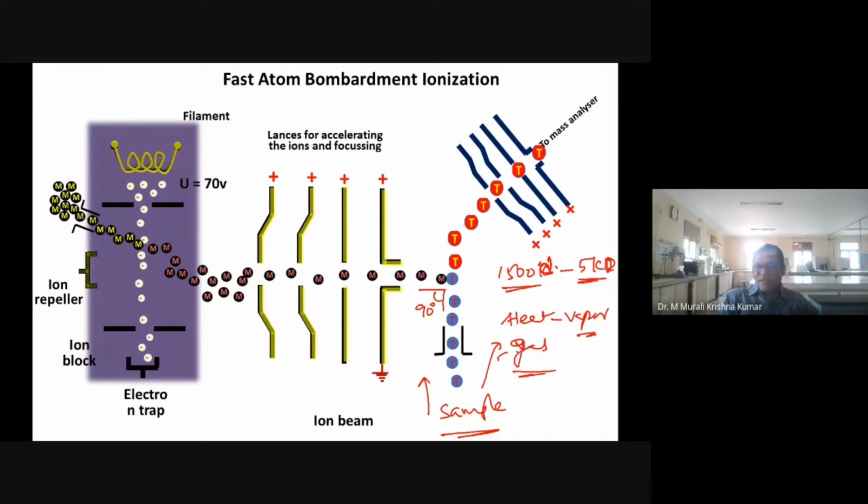Smaller peptides can also be analyzed. And in the disadvantages, the problem here is that because we are using a reagent gas, sodium ions come in. So instead of M plus, we quite often get M plus Na plus. This type of ion will also come in fast atom bombardment ionization. Right now FAB mass is not very popular. I think it is replaced by ESI and MALDI. ESI and MALDI are ruling the world right now.